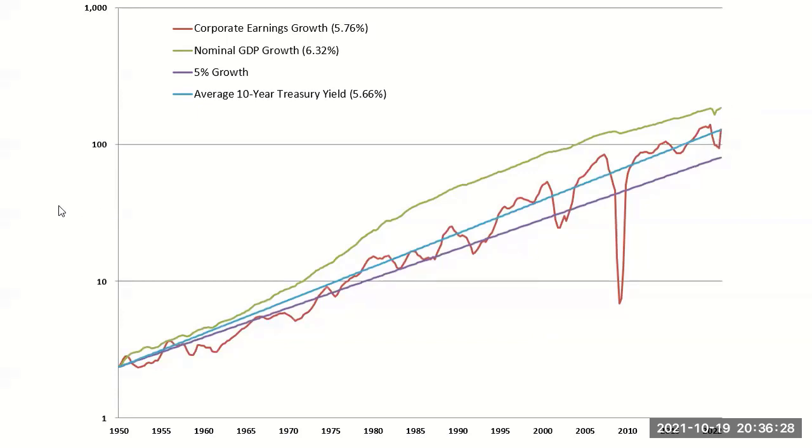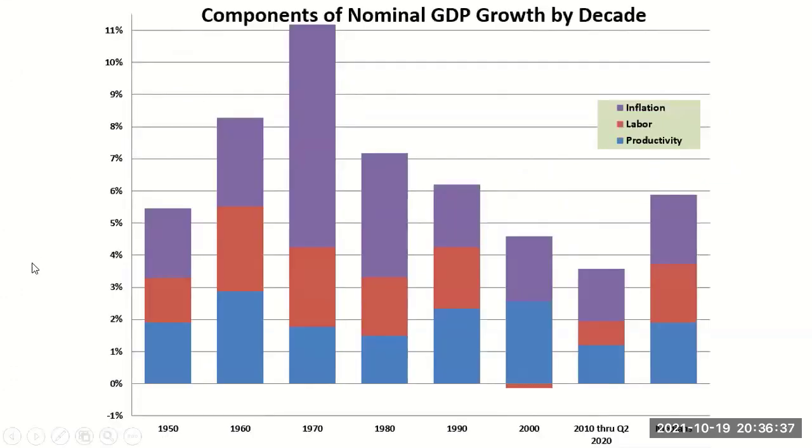So what question does that raise then? We're going to tie our corporate earnings growth to GDP growth, and what do? You already know what the chart coming next is. Where does economic growth come from?